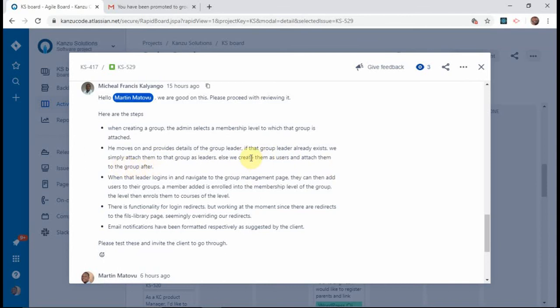So as a new user, from my understanding, you created a user, Martin Matovu, then added them to this group, and then promoted them to group leader all in one instance. Okay, yeah, I think that is what the functionality is meant to do, but you could clarify on that just